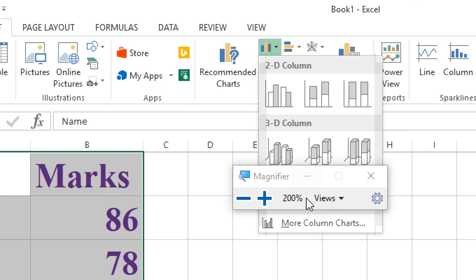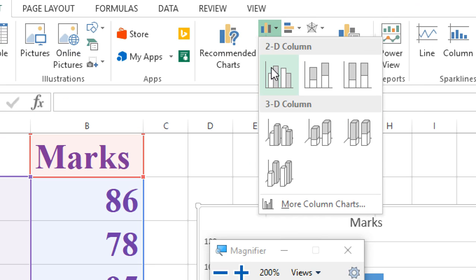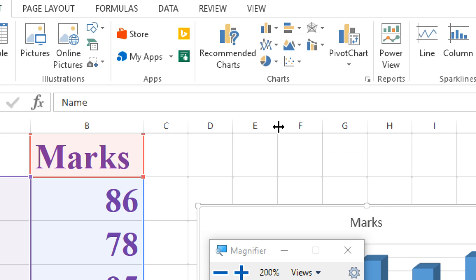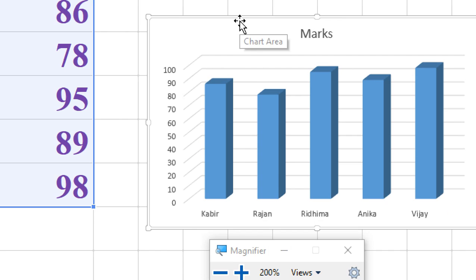Okay, in the column chart there are different options: whether you want a 2D column chart or a 3D column chart. If you want the 3D column chart, the columns, meaning the data series, you will get in a 3D way. Okay, whenever you click on it you will get the chart here.